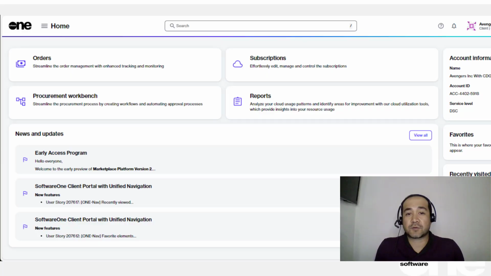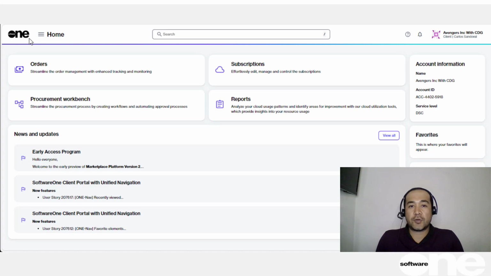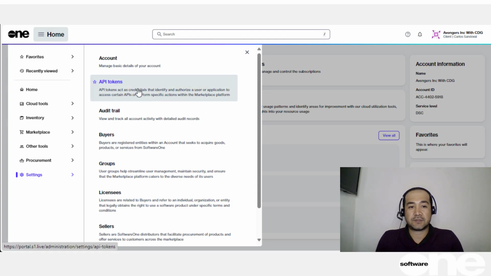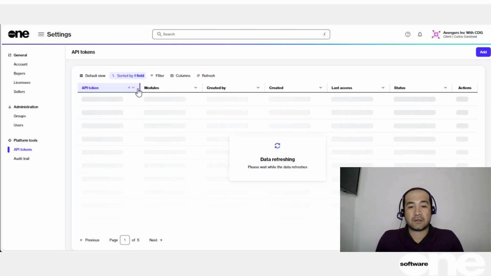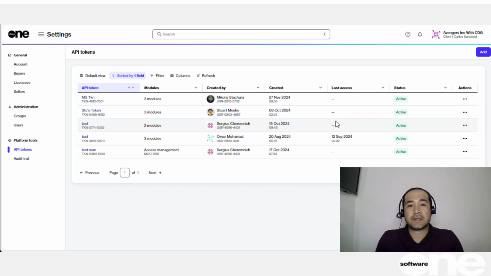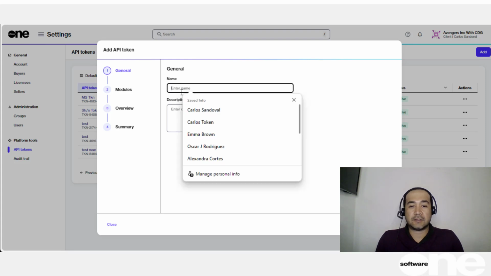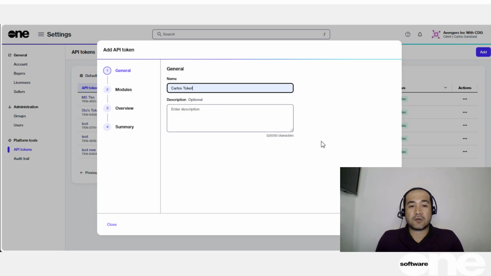Our first step is to create a token to allow access to the different objects in Marketplace. On your client portal, go to the Home menu, then click Settings, click API Tokens, then click the Add button. Here we can create a new token. I will just go ahead and create the token under my name